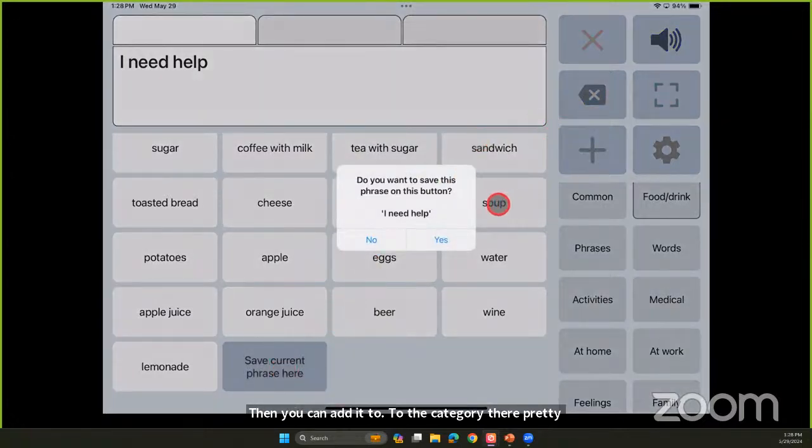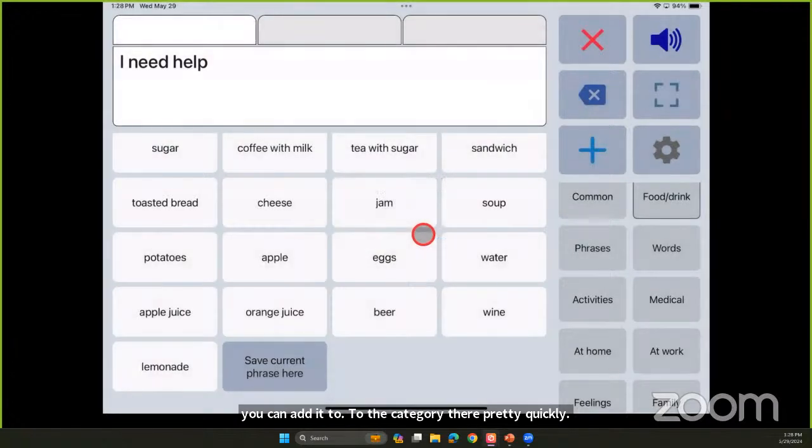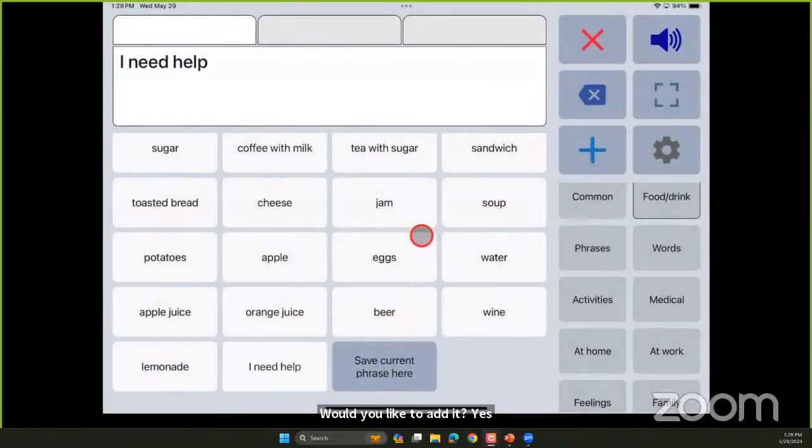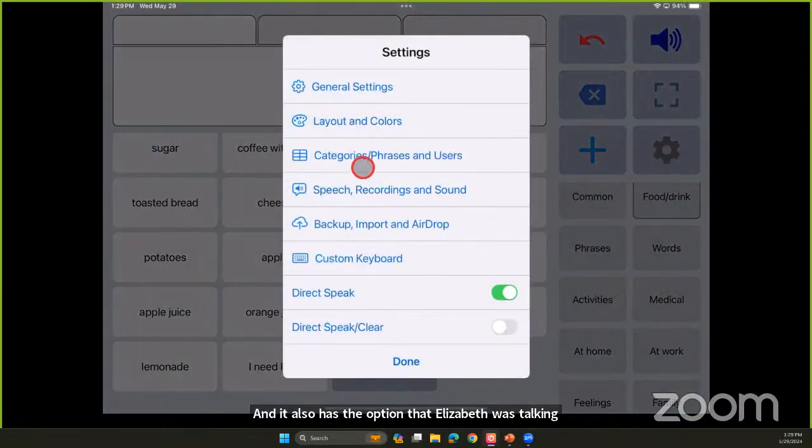Would you like to add it? Yes. And there you go. So it's pretty easy to edit and customize to how you'd like to use it. And it also has the option that Elizabeth was talking about, the abbreviation expansion, which you have to turn on.